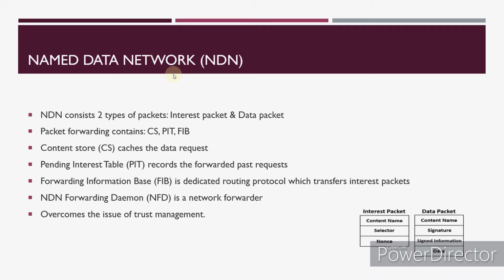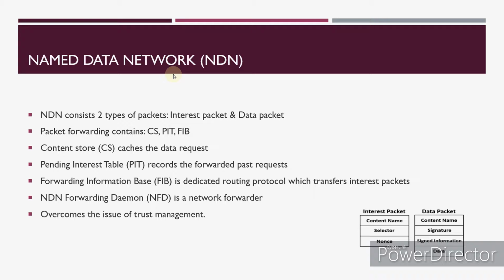The interest packet contains the content name, selector, nonce, etc. The data packet contains the content name, signature, signed information, data, etc. The packet forwarding contains the CS, PIT, and FIB. CS is basically the content store, which is used by the nodes to cache the data requests. And the PIT stands for pending interest table, that has all the records of the past requests